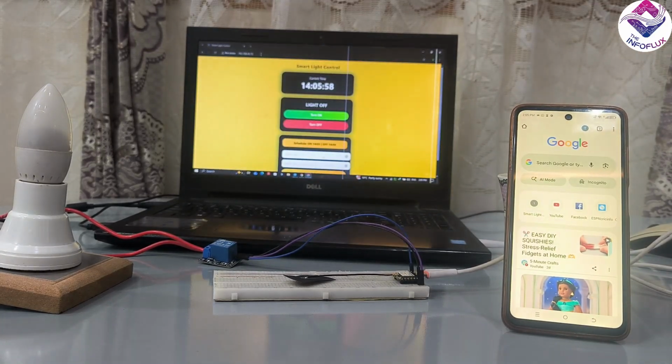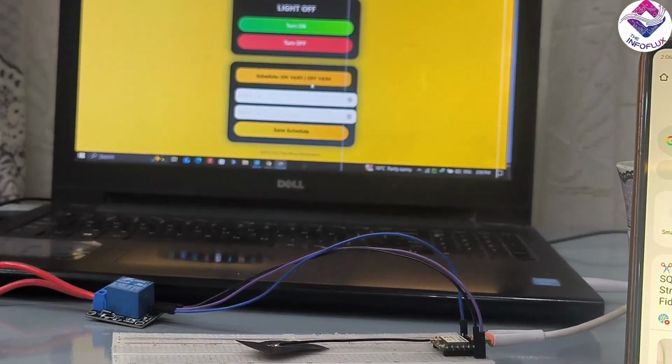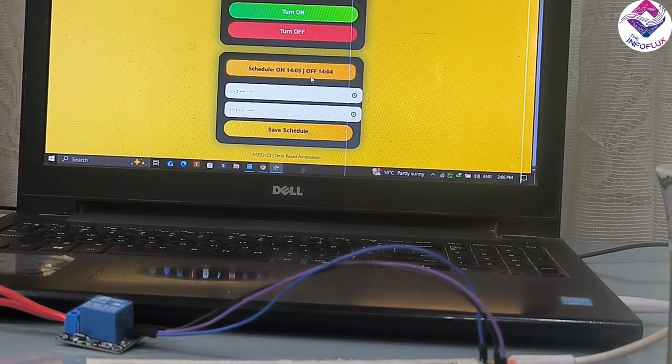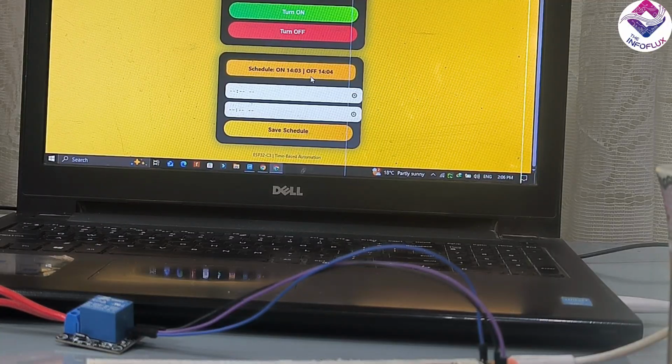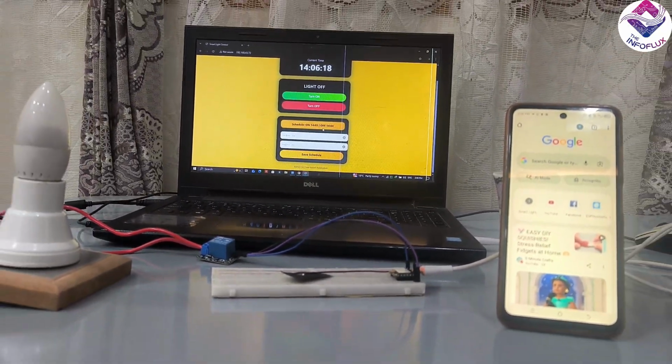As you can see, the schedule we set earlier is still saved, and the on and off times are remembered perfectly. This ensures that the light automation continues to work even after a power outage or reset. With this setup, you now have a fully automated time-based smart light control system that can be accessed from any device